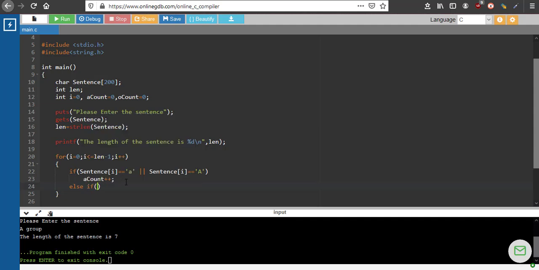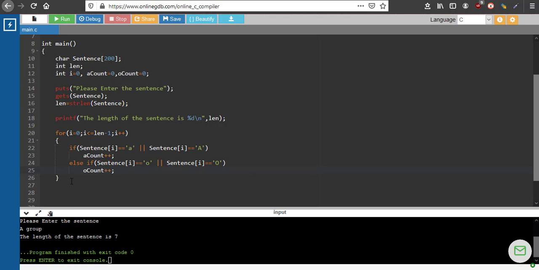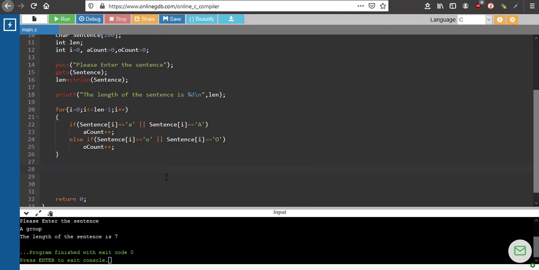Else if, I can copy this, it is O. If it is O, then I have to increase o count plus plus. Right? So I think our program is done. Once this loop is over, a count will tell me how many A's are there, and o count will tell me how many O's are there.